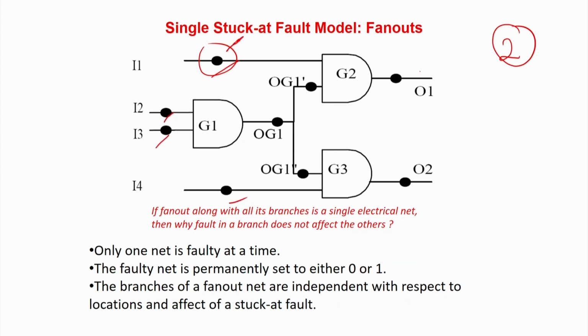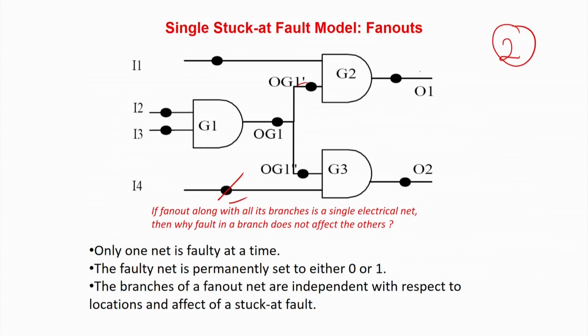First we assume that this line has a stuck-at fault, test whether the stuck-at fault is there or not, then repeat for this, repeat for this, repeat for this, all these lines one by one at a time. But at no point of time will you assume that there can be combinations. In reality there can be combinations, because if you assume that this line can be stuck, why not this line? But people have found that doing this may slightly increase the test quality, but it will not have too much impact, while the impact on test generation time and the number of faults is so high that the benefit will be nullified.